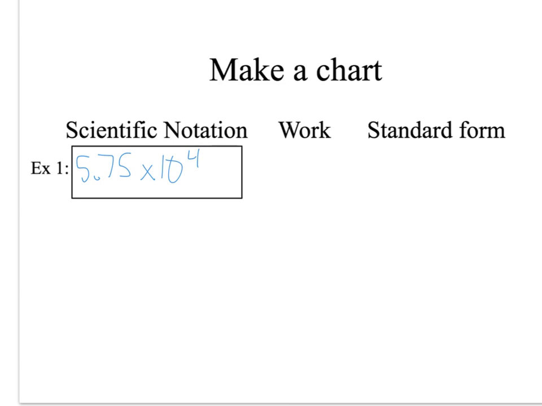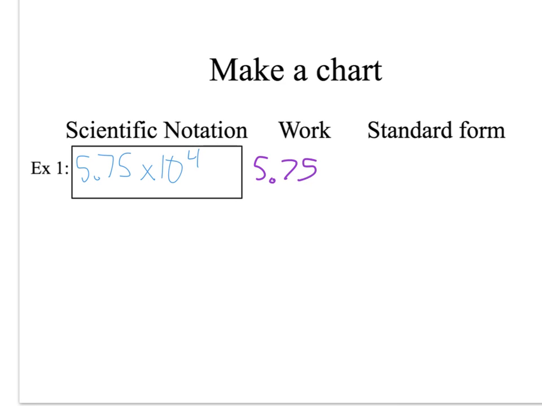Please call this example 1. This belongs under the scientific notation section. Your problem does not need a box around it. I just needed to create some white space for myself. So go ahead and write down the question, 5.75 times 10 to the 4th. We're going to go over under the work category, and we're going to write